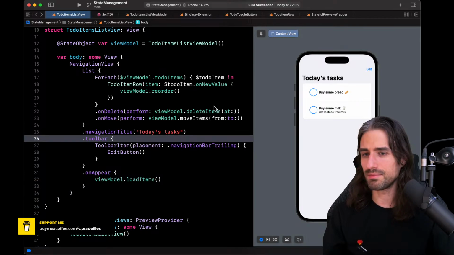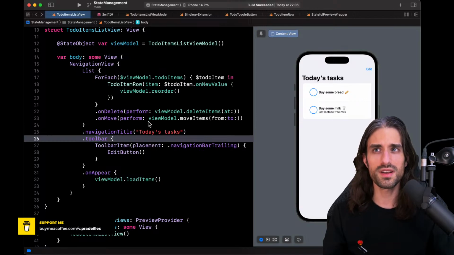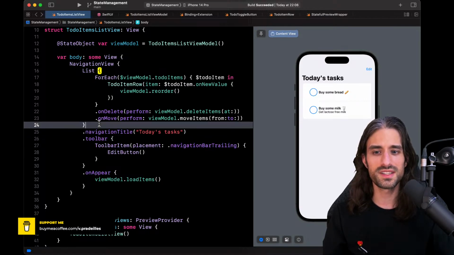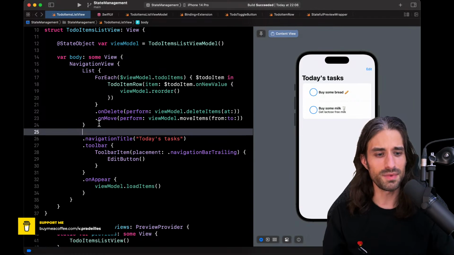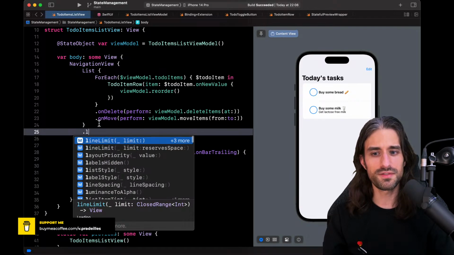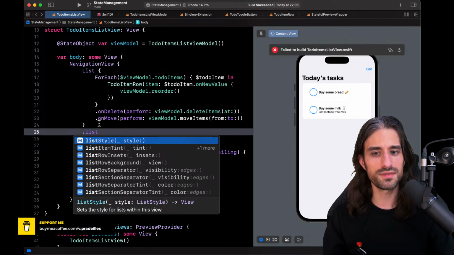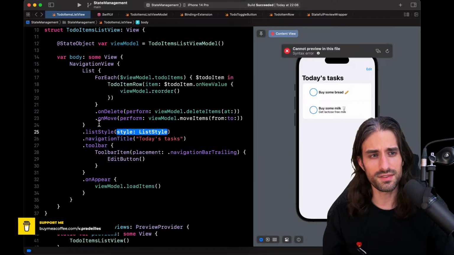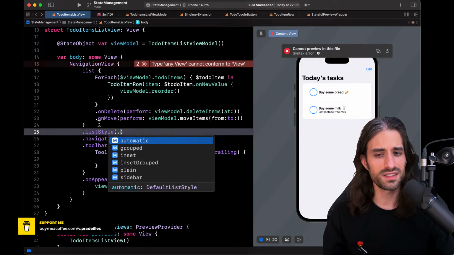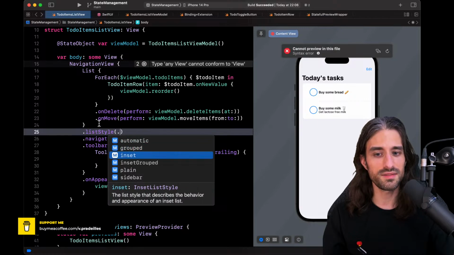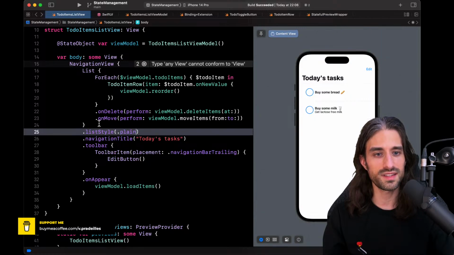And on my end, before we finish, one last thing I want to show you. It's more connected to the list rather than state management itself, but it's the fact that on the list you can deal with a list style. So I think I've shown you that for a few components in SwiftUI. For the text field, for instance, we've seen that there were text field styles. Kind of the same thing. You have several different styles for a list.